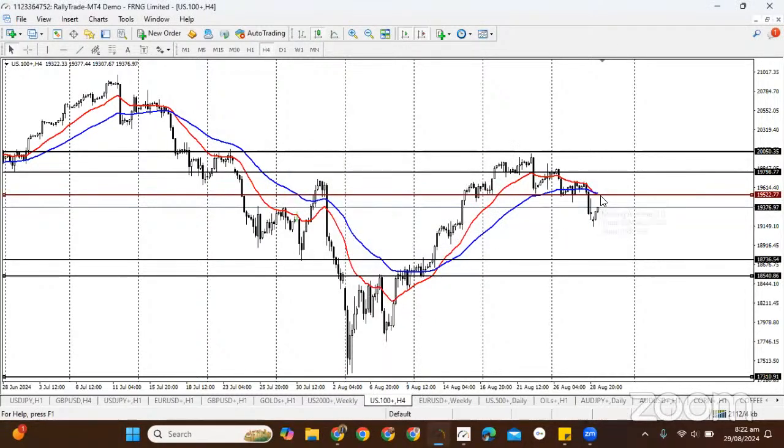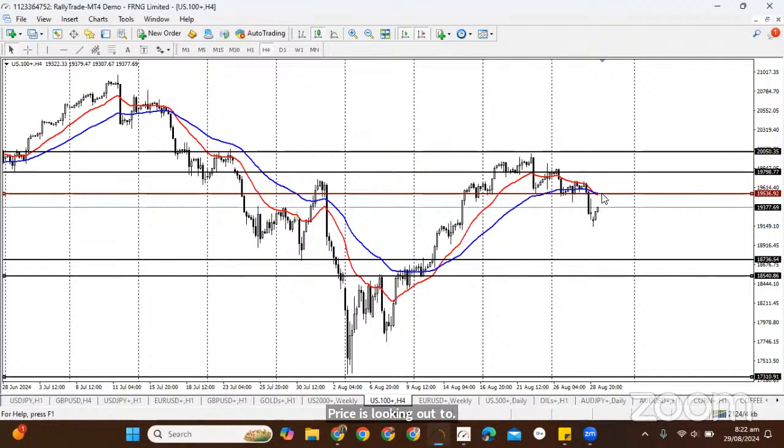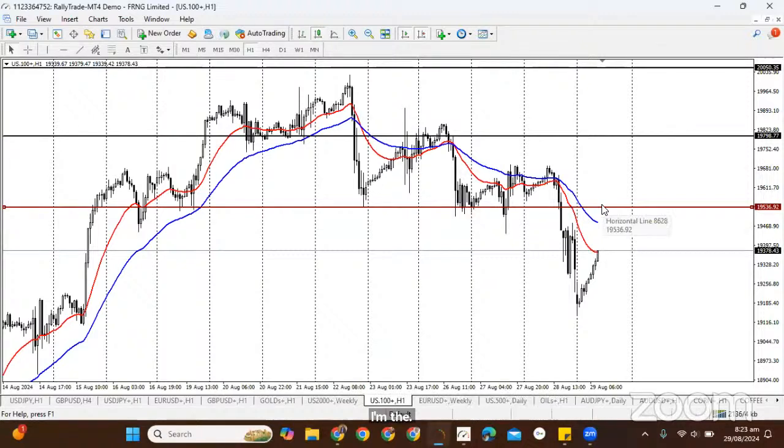Right, so now, which is somewhere around here. Let me go back to D1. Now, you can see where price is trying to get to on the 4 hours time frame, right? Price is looking to go back to the moving average and just retest, because anytime price has gone away from the moving average, it always finds its way back, right? And on the 1 hour time frame, look at where it is. Can you see? So this is how you break down your analysis from the top to the least time frame